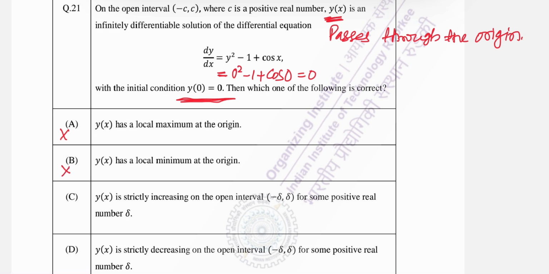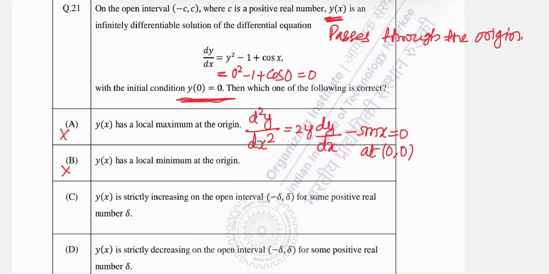Now we go for the remaining two options, and for those options we have to differentiate this dy by dx one more time, and when I differentiate, see what we get. Okay, so this will be 2y dy by dx minus sin x. Okay, and we observe that it is 0 at